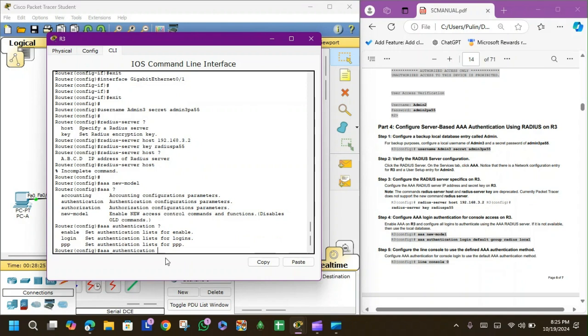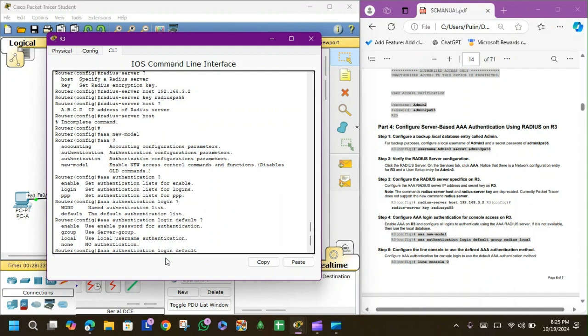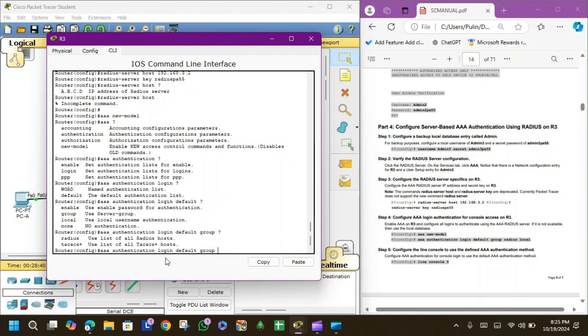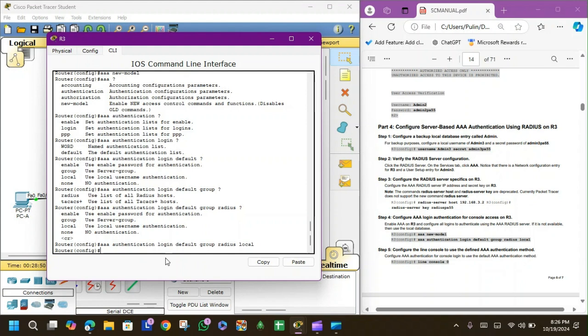It's enable, login, ppp, so we need login. I'll do question mark again. Then after login we have default, then I'll do question mark again. After default there is group. Okay, then the type of server, so we do have radius. Okay, and if I do question mark again, it's local or group, so it's local for us, and you enter. So that's one trick for remembering big commands. You don't have to remember the entire thing, you just probably need to know the first few words of the command. Okay, line console 0,